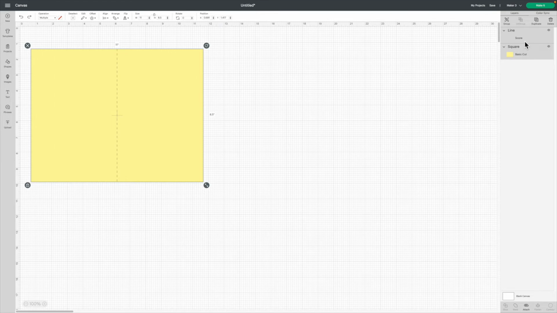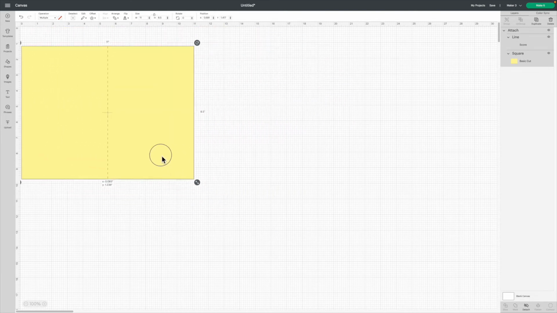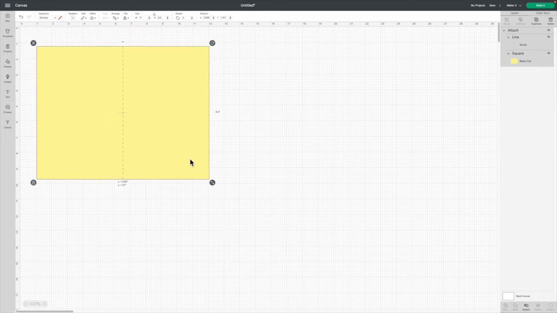Also, on the layer sidebar near the bottom, click Attach. Okay. This fixes the relative position of the two shapes so that the line will always stay right in the middle of the card.